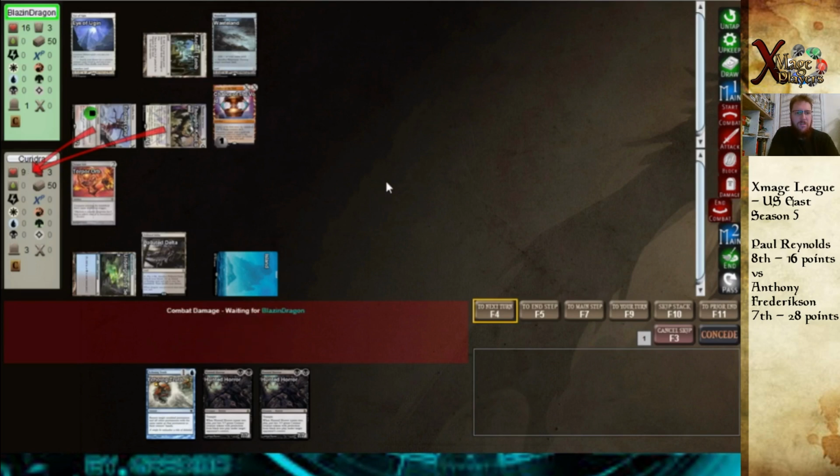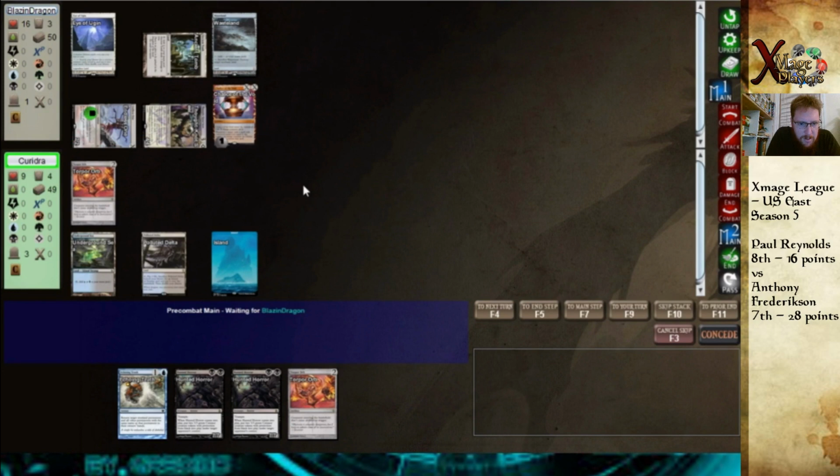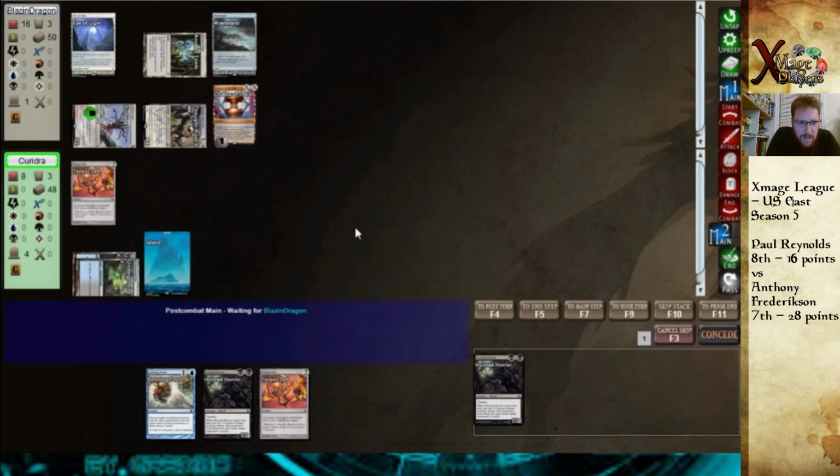Six damage coming across from Anthony. Paul down to 9. A second Torpor Orb is not what you want to find. Does he play a Hunted Horror? I think he's going to. Yep, and then he can actually Echoing Truth the...